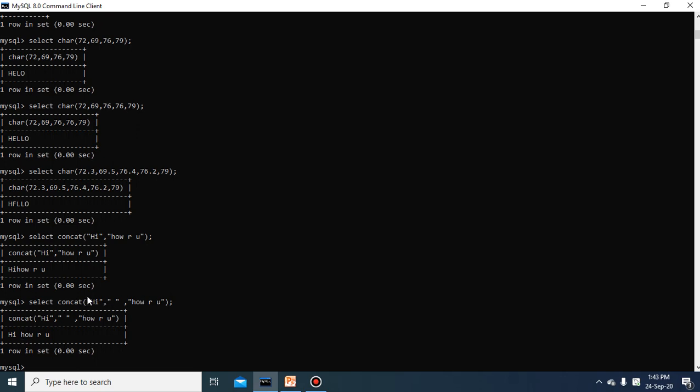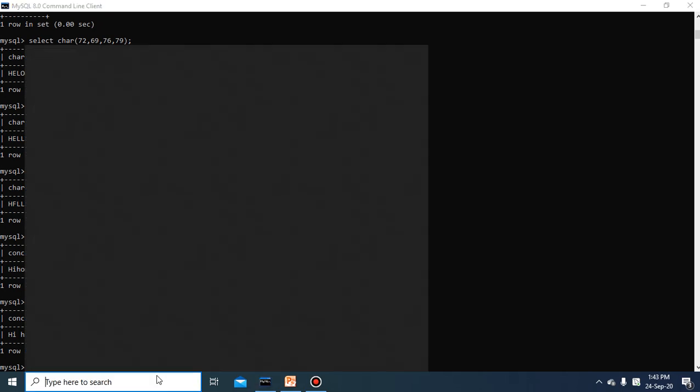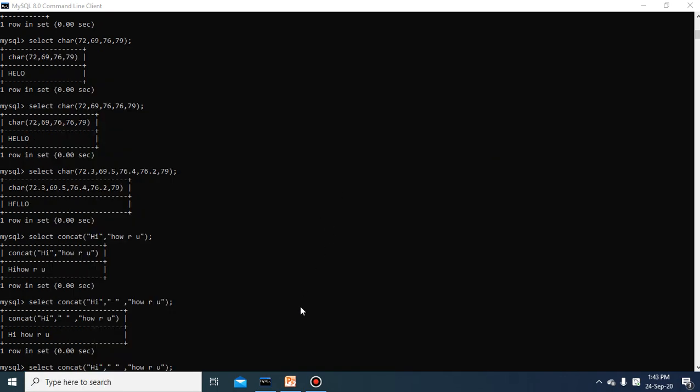So not only direct strings, you can also concat table data. You remember that I created the employee table in the last class, and if I want to use that, then you select concat, and I am writing the column names: emp name comma salary.